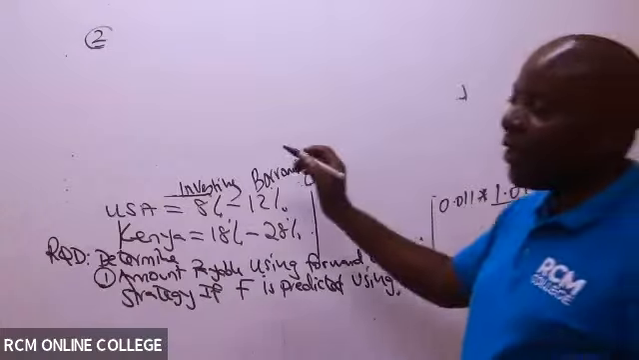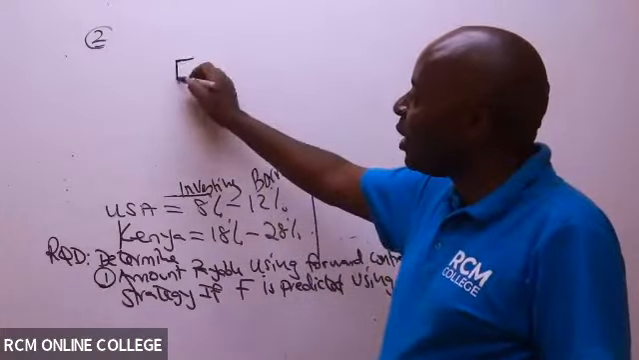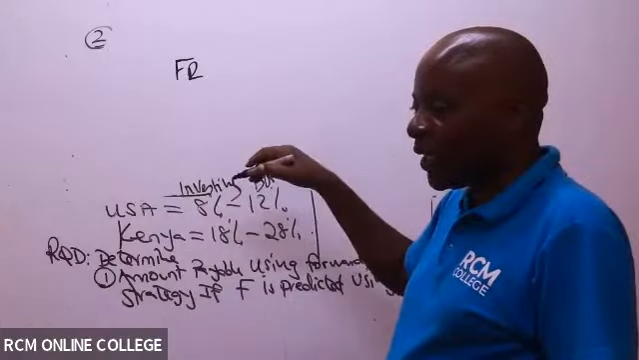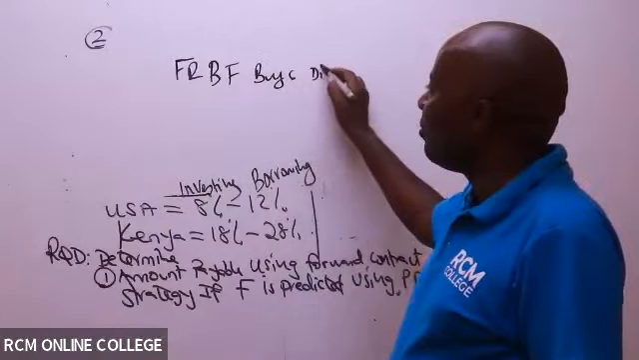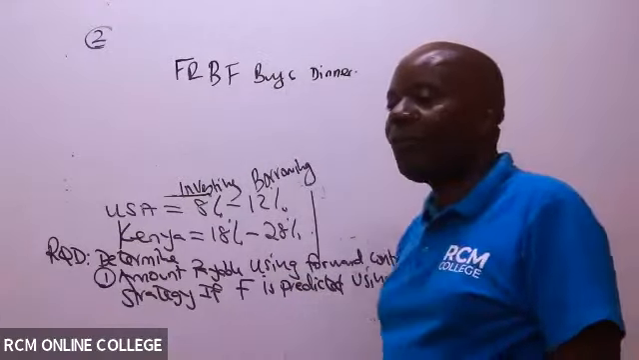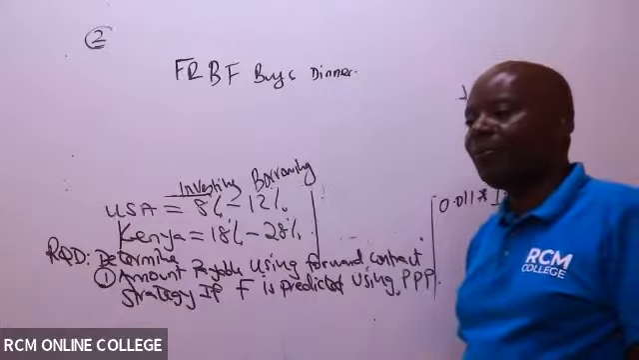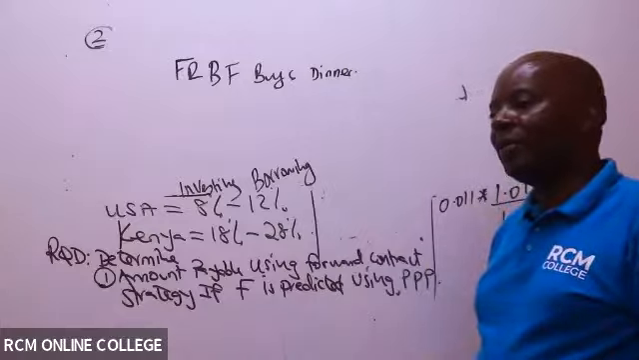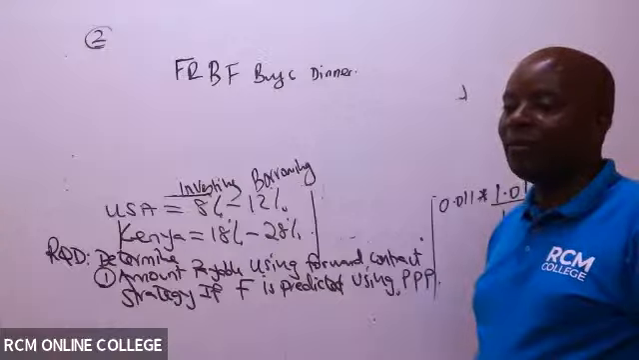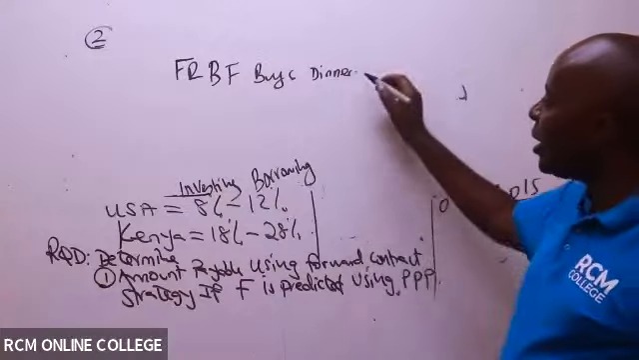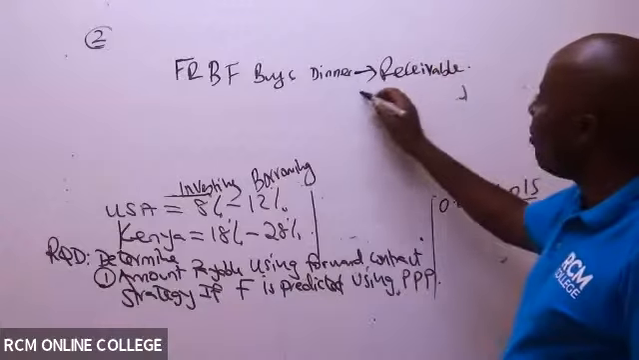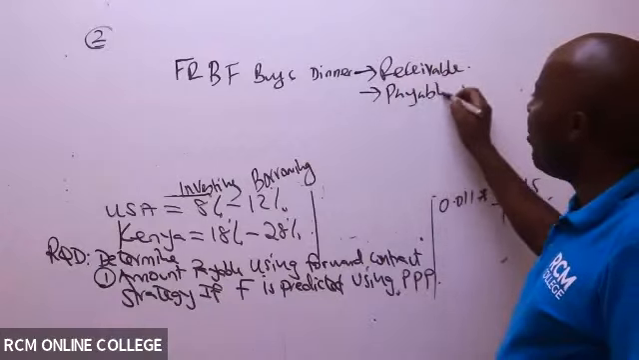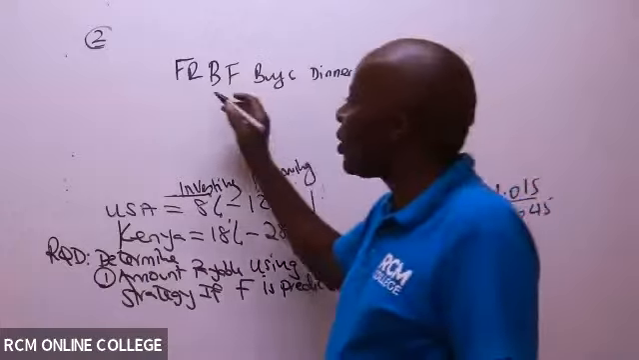Now, when they give us this kind of a question, even if you're doing a forward contract, we must use this foreign boyfriend buys dinner concept. Now remember, this is for receivable. But the question that we have is a payable question. So for a payable question, we shall use